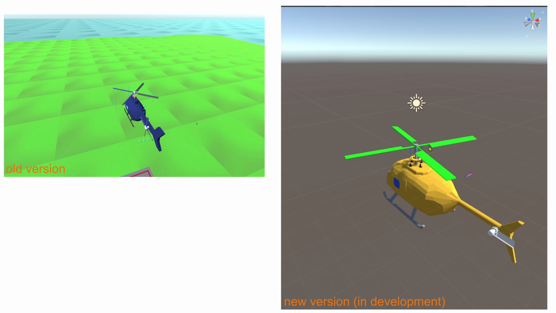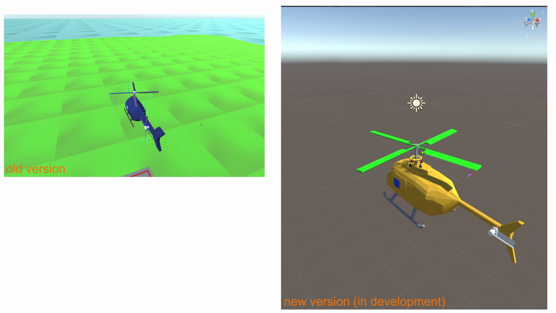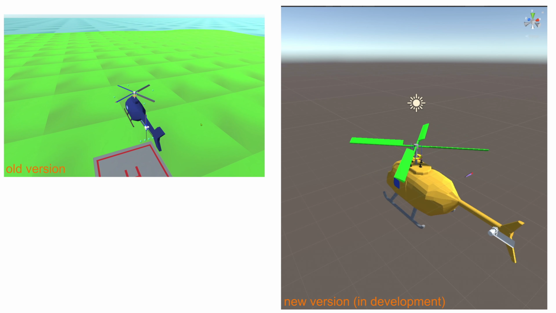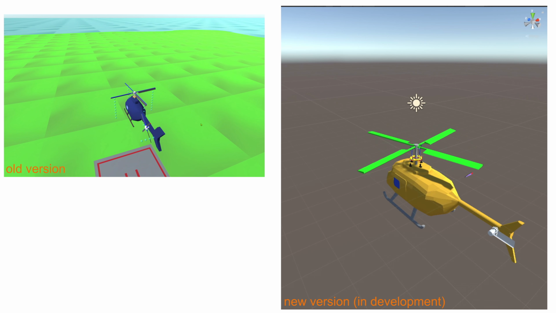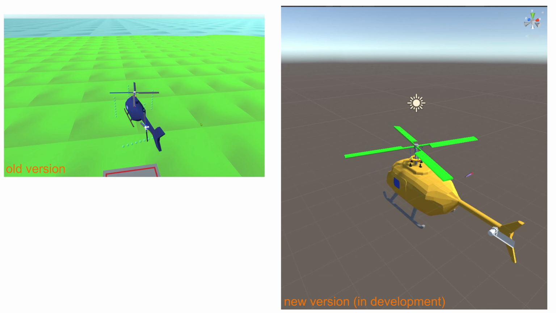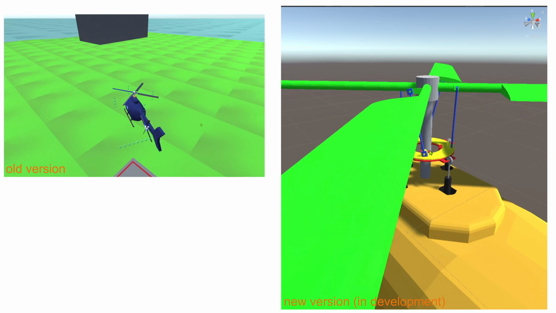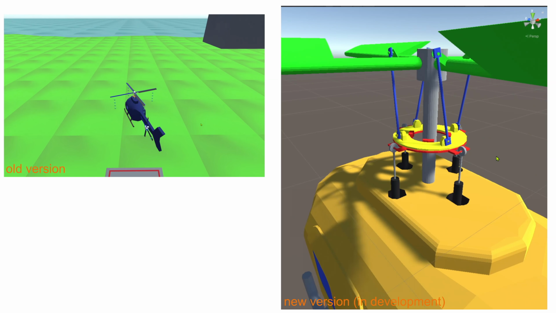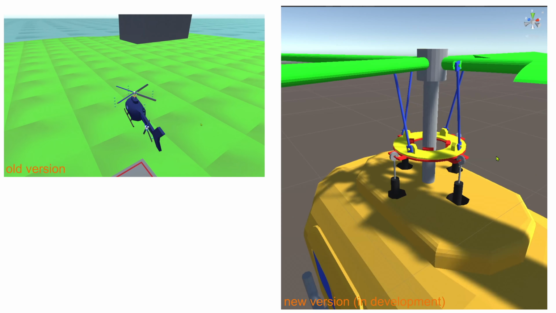Hello, I once created an application visualizing how a helicopter flies, and now I'd like to create a new version of this application with the knowledge I have now. If everything goes well, this will be a tiny devlog series with a few entries, and the application will be a web app.